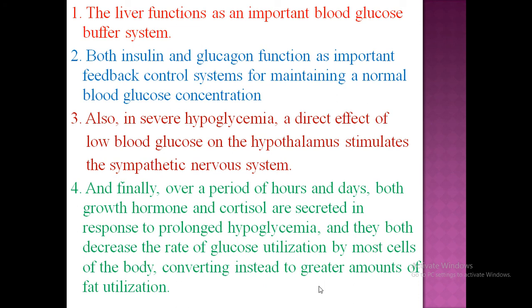So with this we complete our story about the blood glucose level, and we have also discussed the role of insulin, glucagon and somatostatin, all these hormones in much more detail. Next we will discuss the clinical condition regarding the blood glucose level, that is the most important, diabetes mellitus.